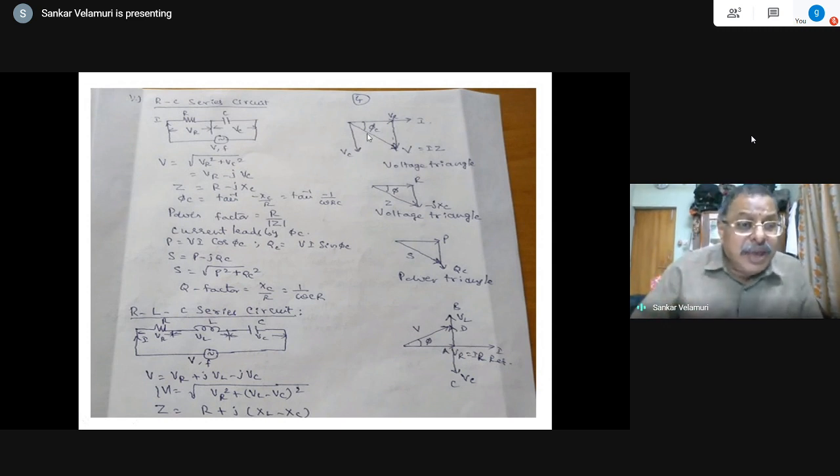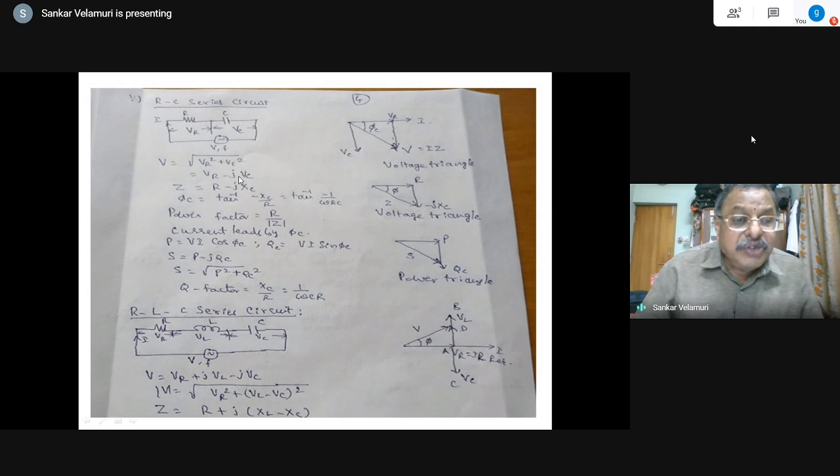So V equal to VR plus jVL in the earlier inductive case; in this capacitor circuit, V equal to VR minus jVC, because it is a quadrature lagging component. The voltage across the capacitor is expressed in phasor form as minus jVC. So Z is equal to R minus jXC is the impedance, and XC is the capacitive reactance,